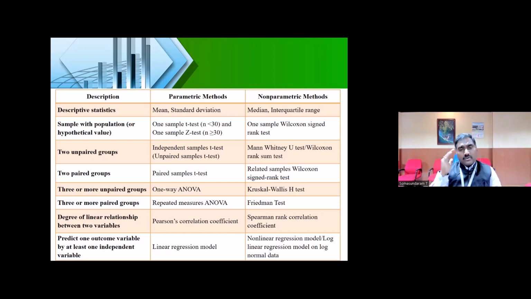Don't think that we need to restrict ourselves to only this analysis. It all depends on the variables that you are using for your research work. Suppose you say, sir, I have 15 variables and I want to find out 5 important variables required for my research work. You can do factor analysis, confirm your variables, list them out and measure them. And within those variables, if I want to measure the associations, relationship or significance, you can go for multiple regression. So many things are there, but this is the basic, standard statistical analysis you can do according to the data and variables you are using for your research work.